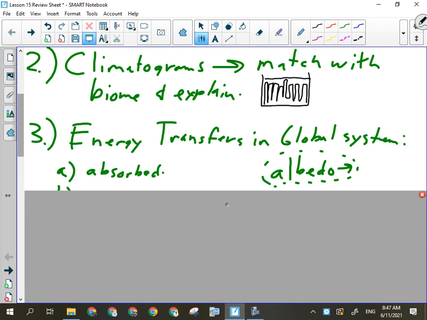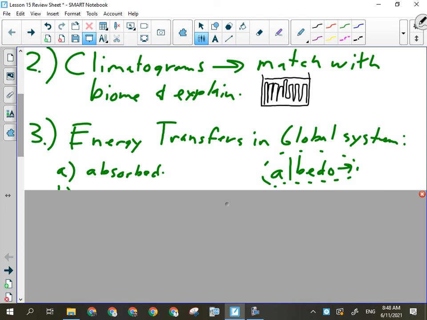Okay, energy transfers in global systems. So this was lesson 3 where we talked about conduction, convection, radiation, the 3 methods of heat transfer. Then we talked about the other 3, which are the 3 things that can happen to light when they strike the Earth's surface. They could be,